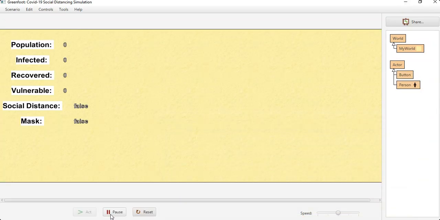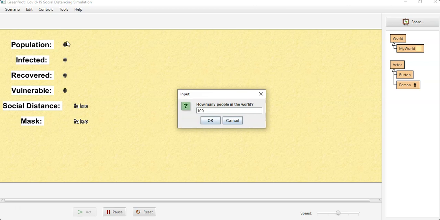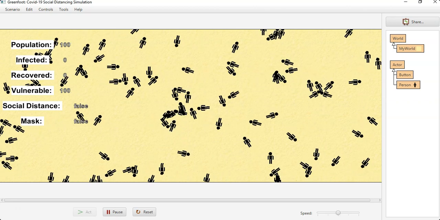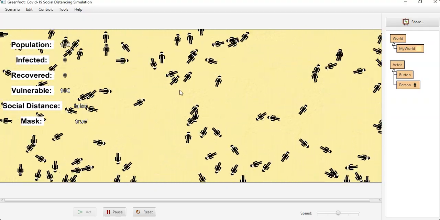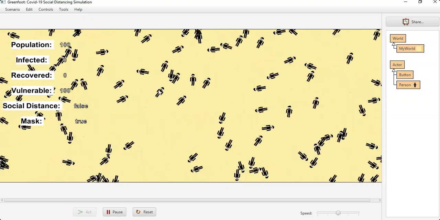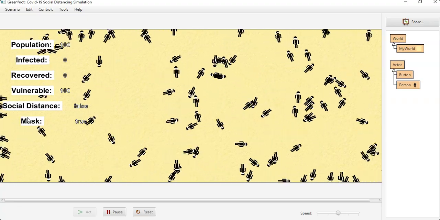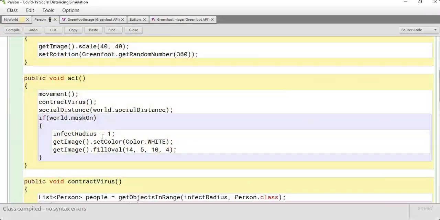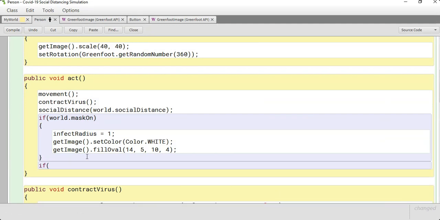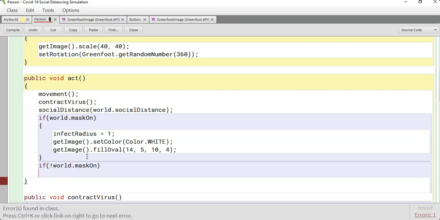And then if we put in 100 and we throw a mask, each one of them will have a mask on, and you can see that just covering their face here. Okay, so then when you flip it off, it'll be false. So we need to switch that back to if it's not on, if world.mask on is false,